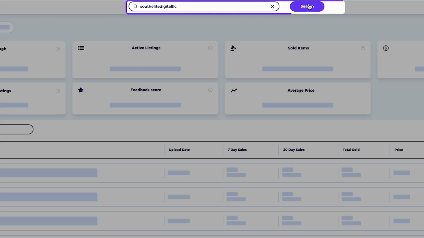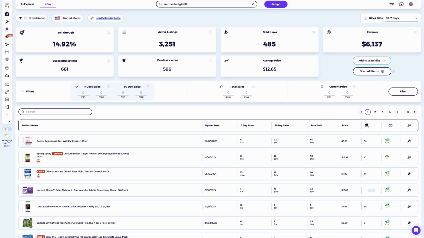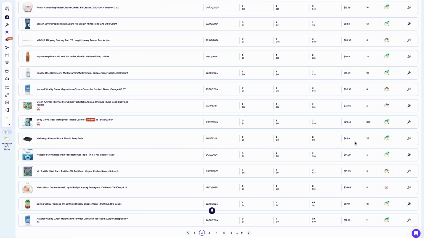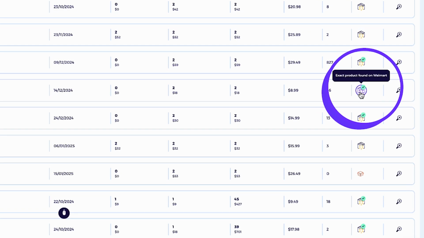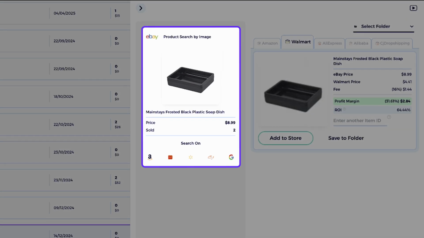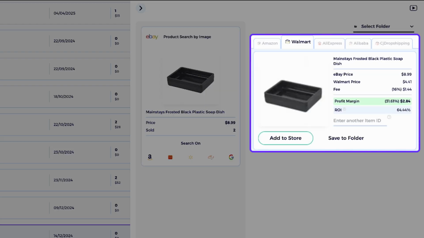Okay, so now after adding this competitor, I will click on one of the products with the Item Finder icon. If ZIK shows a green check mark, the Item Finder identifies the exact match, and you can see its recent eBay sales data. Let's say it sold 2 times in the past 7 days. And is sourced from Walmart with a potential profit of